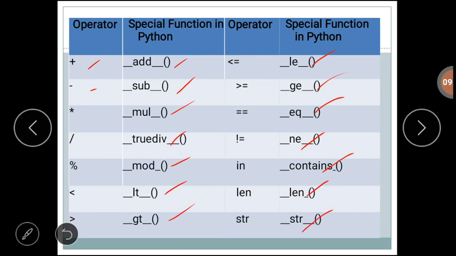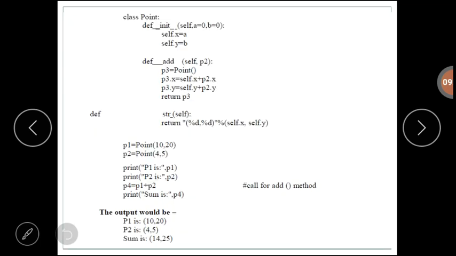All these are special functions used in Python. You can use these functions while overloading the operators. Okay, one simple example. Again we are taking the point class.